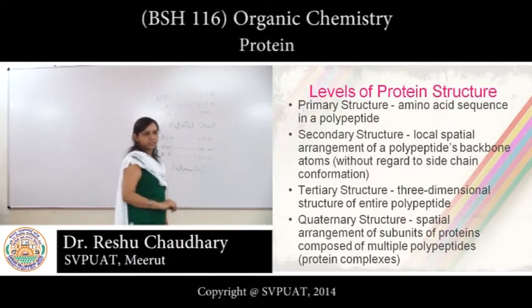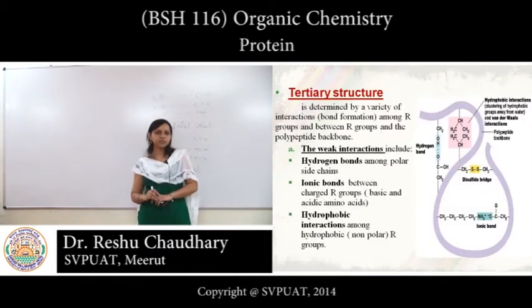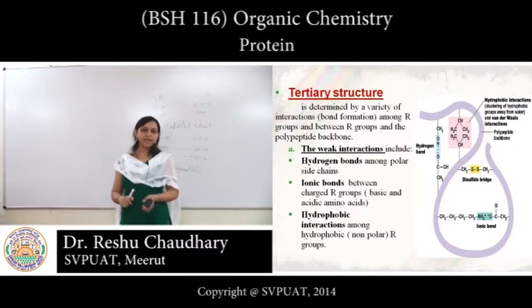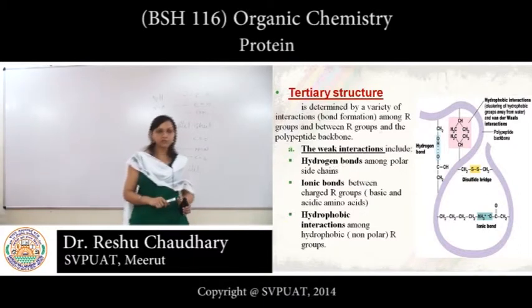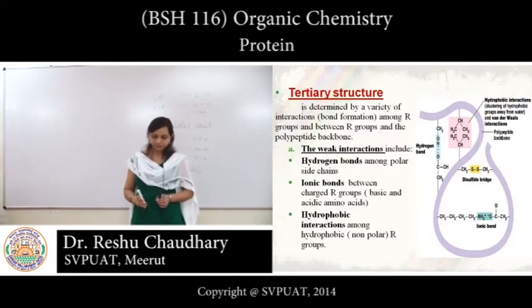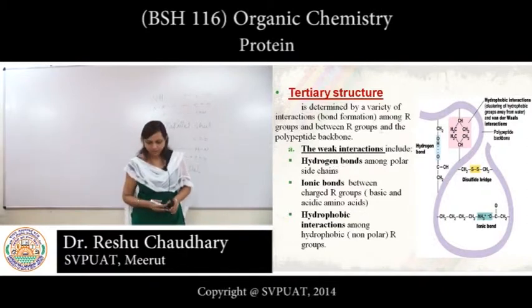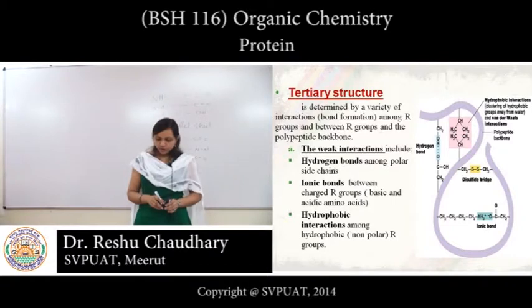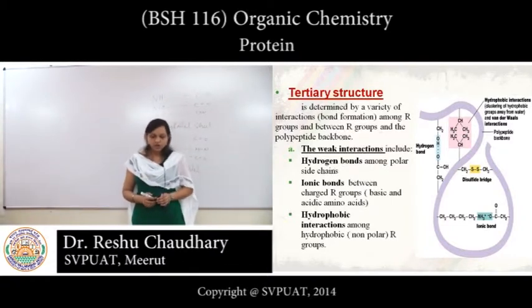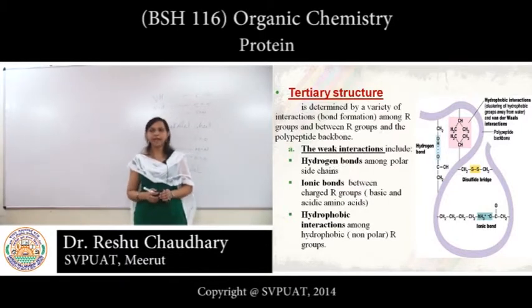Now comes the tertiary structure of proteins. The tertiary structure of protein represents the overall folding of the polypeptide chain, that is, further folding of the secondary structure, which can be alpha helices or beta sheets. It gives rise to two major molecular shapes, that is fibrous and globular. The main forces which stabilize the secondary and tertiary structures are hydrogen bonds, disulfide linkage, van der Waals forces and